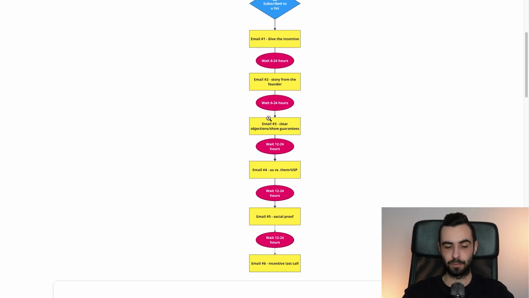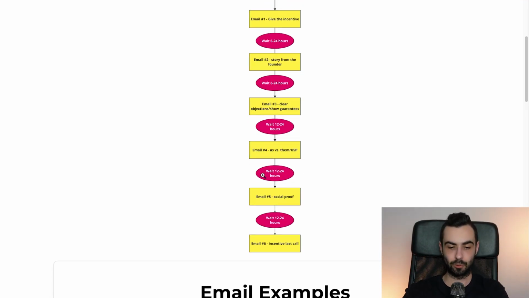Then email number 4, before sending that, you want to wait between 12 to 24 hours. Email number 4 is going to be all about USPs, your unique value propositions, us versus them. You really want to explain why someone should choose you over a competitor and why you're the best solution out there. Then you want to wait another 12 to 24 hours, and then you want to send a social proof